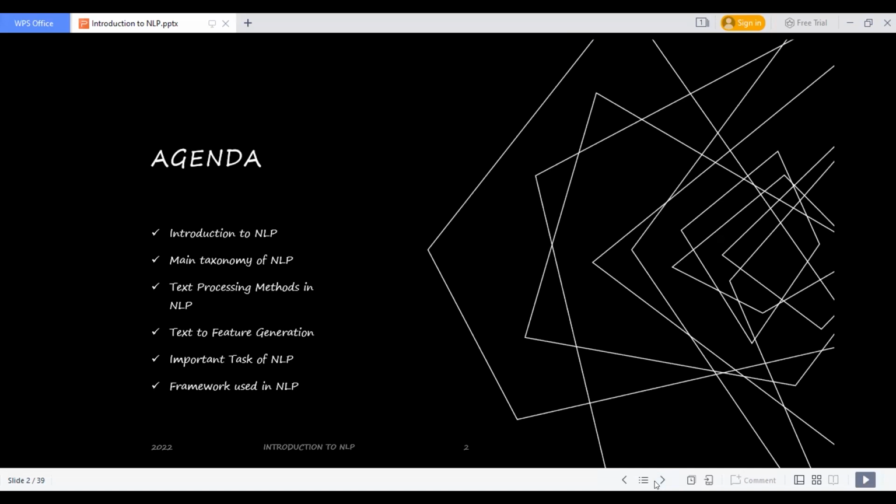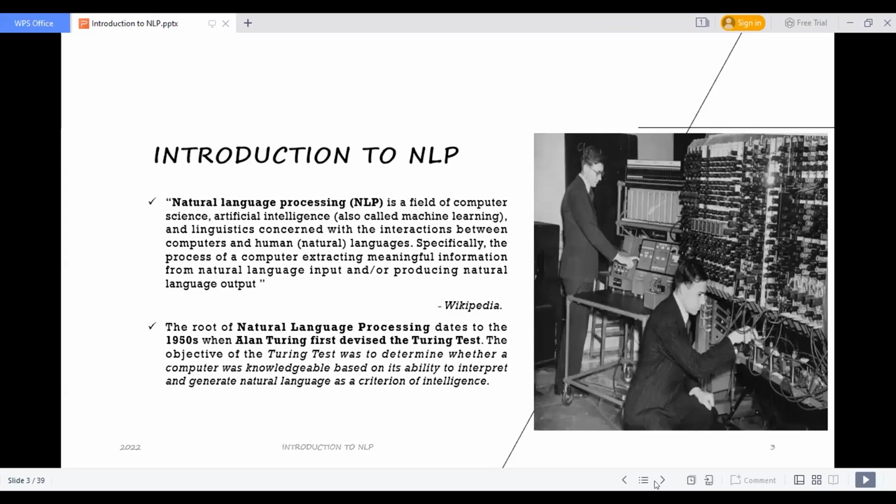We will also cover the important tasks using natural language processing. There are amazing things we can develop using this technique, and the frameworks supported by the Python language, where we can develop whatever we want. So let's jump to the definition.